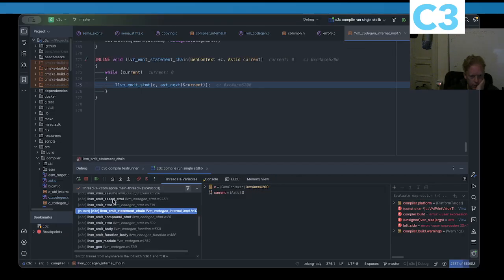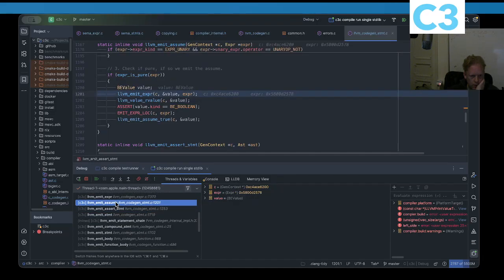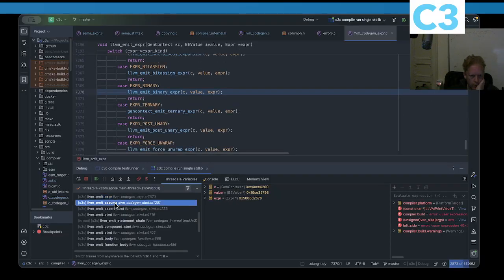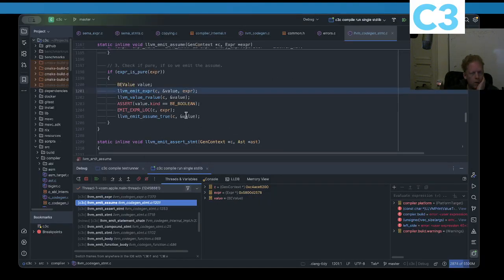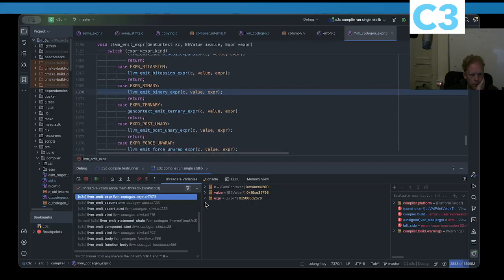So we have a chain, we have an assert statement, and the assert statement says emit assume. Okay, emit assume. So this is a pure statement, and we are saying that what